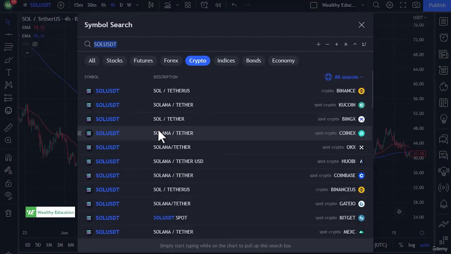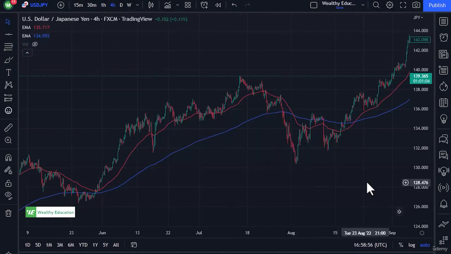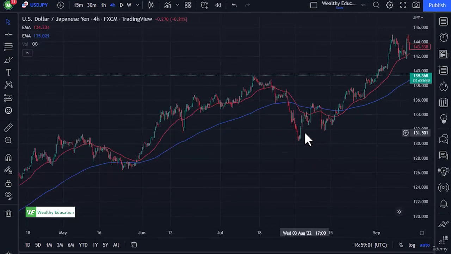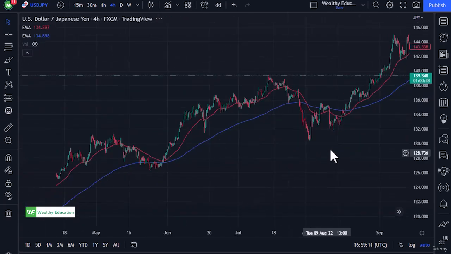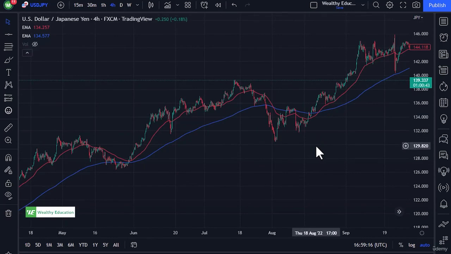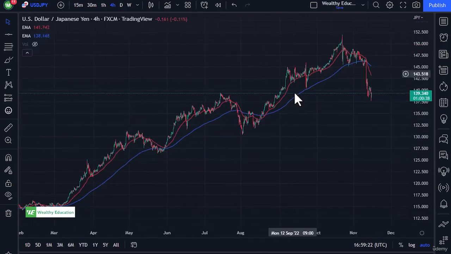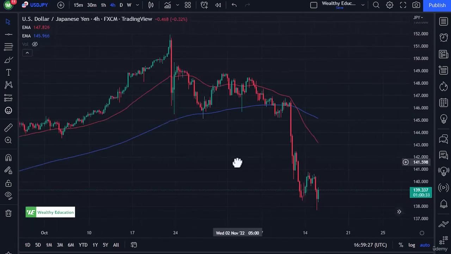And some of them are going to mean more than others. So let's take a look at dollar yen. Clear all my drawings. So there's a double bottom there. Now, they're not really close to each other, so it's a bit of a stretch. But here's one. Bounce, bounce. Right off the 50-day EMA. And more importantly, it suggests that we're going higher and we're in an uptrend. So you're not even trying to find the bottom here. You're just trying to find the bottom of the pullback. And those are two distinctly different things that are worth